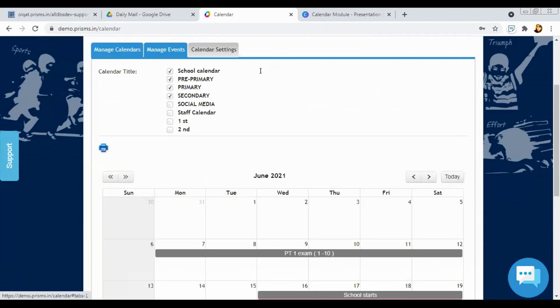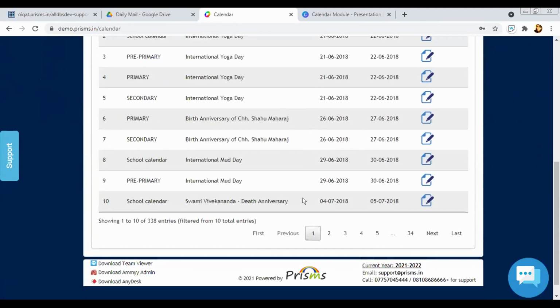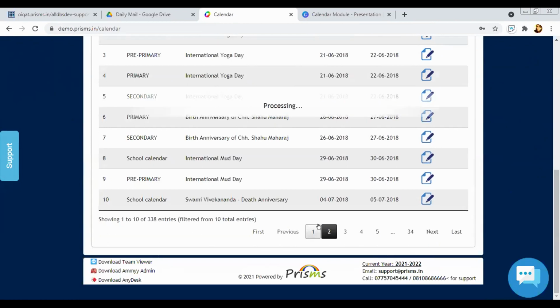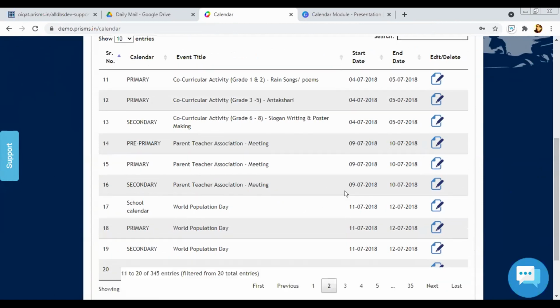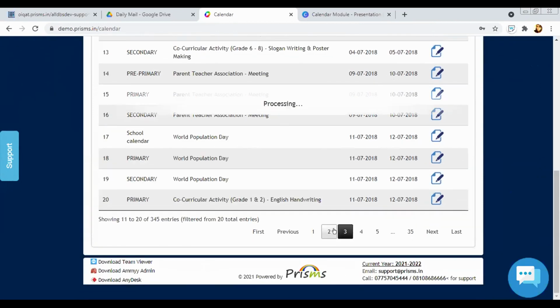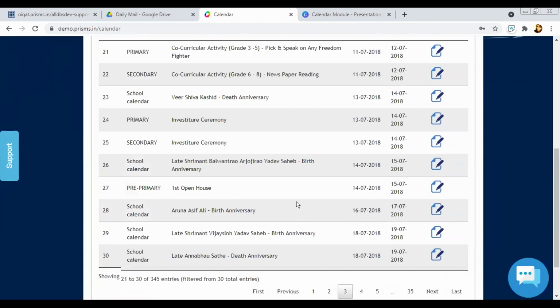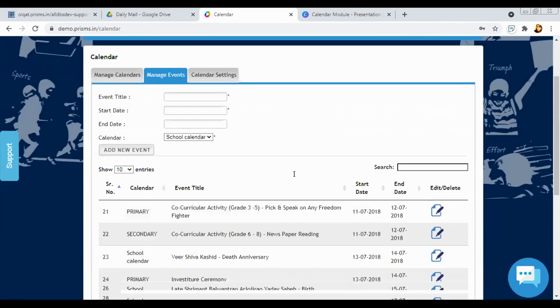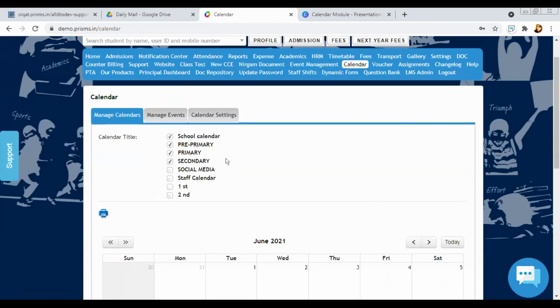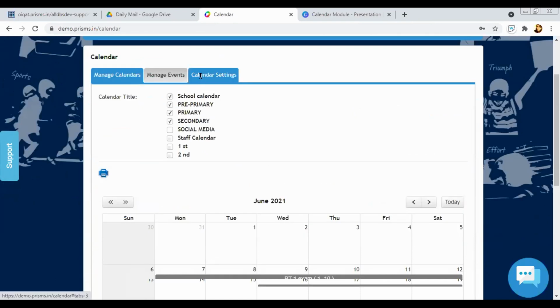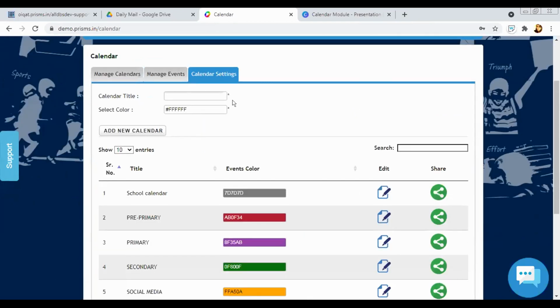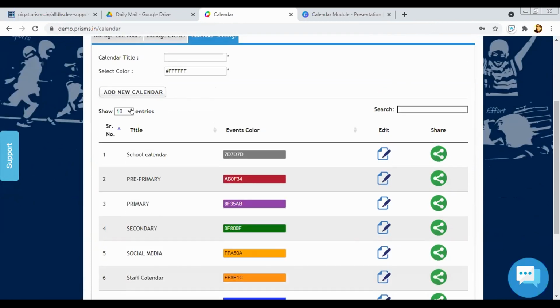You can also do manage events, but like I said, if you have multiple events, in this case this particular school had created different events for different sections. So you can decide how you want to manage it. And you can also share your exam timetables and your PTA meetings for different classes. If you have different classes at different times, that makes it much easier, so that only the child who belongs to that particular class will be able to see that particular day. So in that way, you can create a calendar and add events.